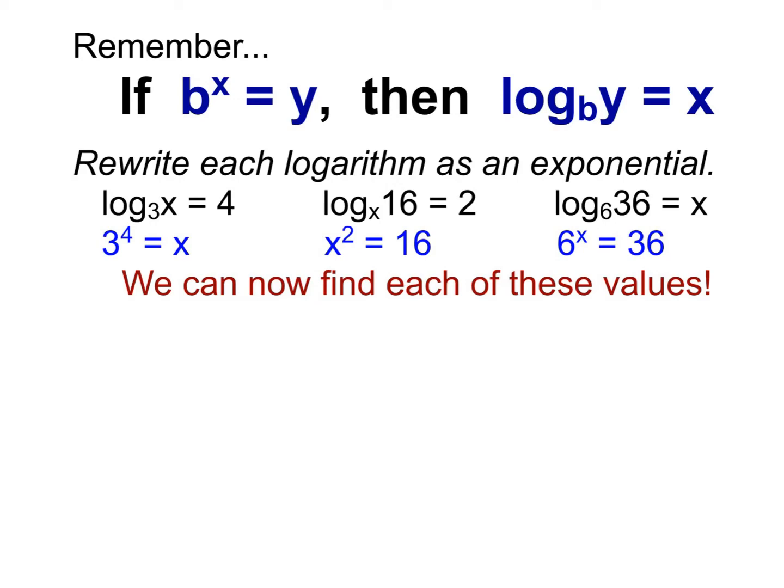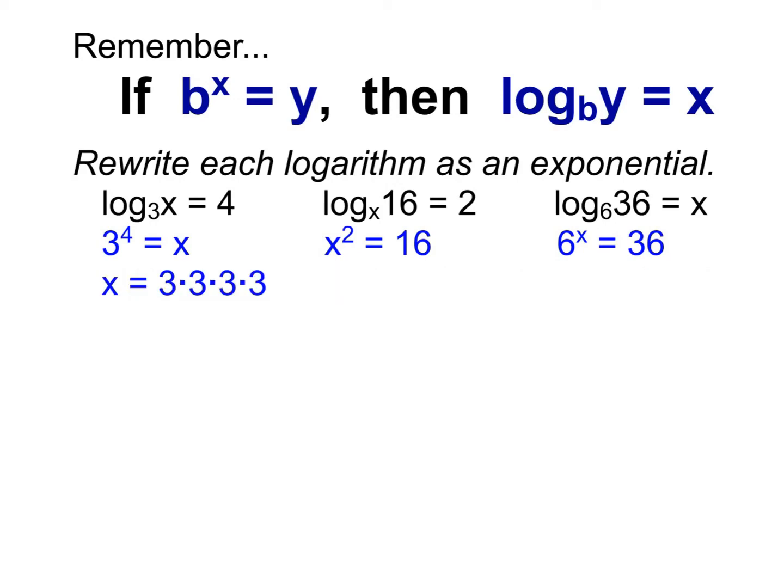Well, 3 to the 4th just means 3 times itself 4 times. So it's like that. Now, I want to actually calculate out what 3 times 3 times 3 times 3 gives me. But if I did that by doing 3 times 3, and then multiplying that by 3, and then multiplying that by 3, I end up with some bigger, uglier numbers. A trick to do this one that makes your life a little bit easier is instead of doing 3 times 3, and then that times 3, and then that times 3,